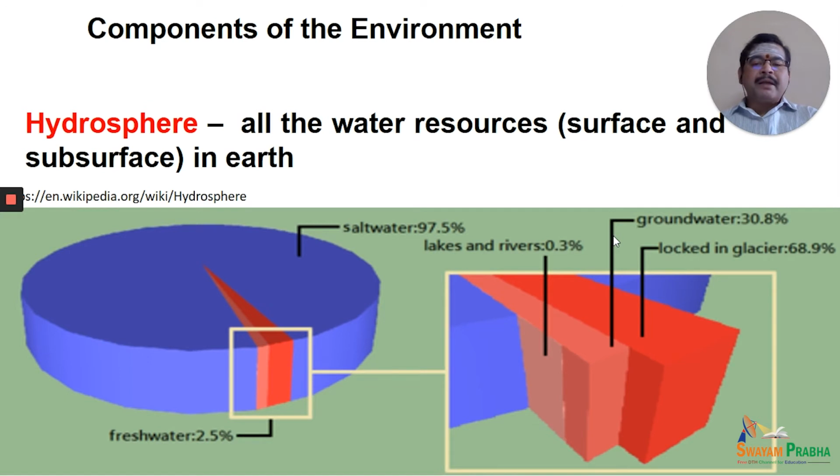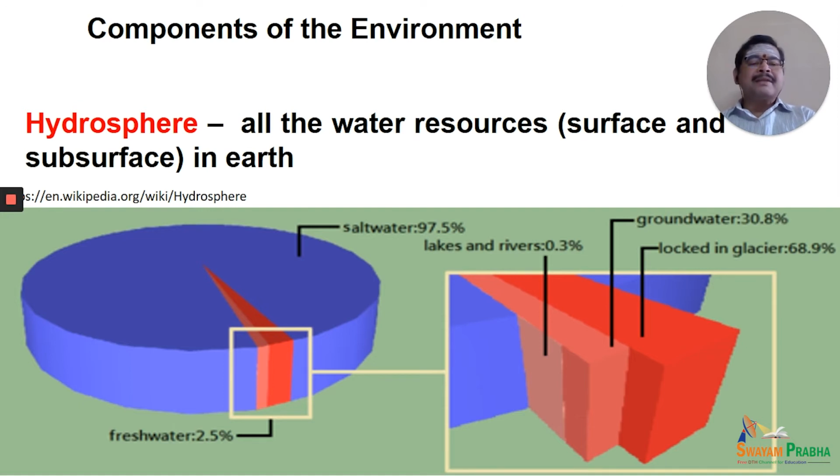But to have a better understanding, we categorize the water resources into freshwater and marine based on their salt content. The ocean water or the sea water occupies 97.5% of the total water resources, while the freshwater accounts to 2.5%. In the 2.5% of the freshwater, 69% is locked in ice caps and glaciers, 31% is locked in the